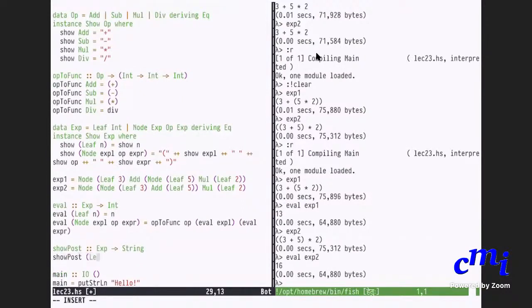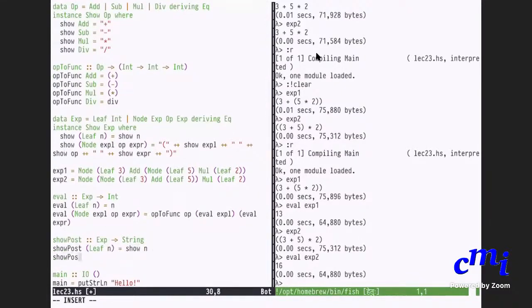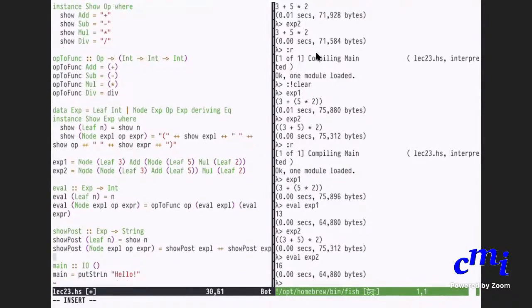So show post of leaf n is nothing but show n. Show post of node, expression to the left, op, expression to the right is show post expression on the left, followed by show post expression on the right.